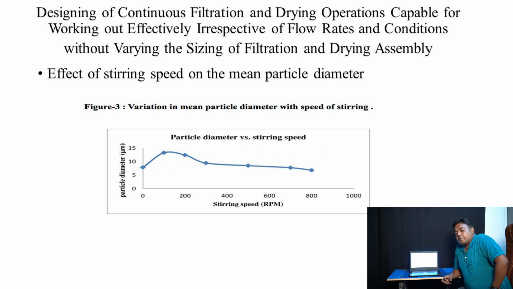From this experimental study, it is also observed that the particle diameter varies with stirring speed. Initially it increases with stirring speed, meaning the speed of agitation. This is because nuclei have to remain in the suspension to agglomerate together and increase the particle size. Therefore, particle size increases initially with the speed of agitation, and after a certain limit, it goes on